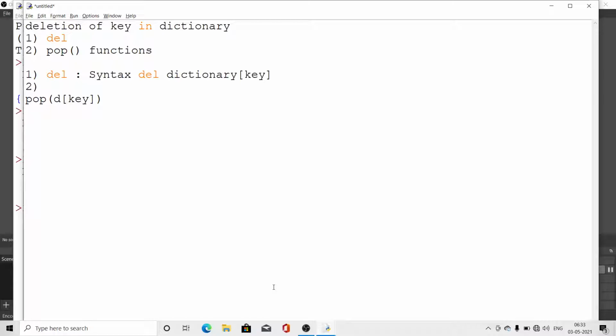So from the list, what coins do I have? 1 rupee, 3 rupees, 4 rupees, and 5 rupees. A 3 rupees coin is not available, but I am giving an example. So that is the method of using pop. The pop function takes it out from your dictionary and gives it to you. When it is taken and given, that key is removed. Clear? So in that way the pop function works.